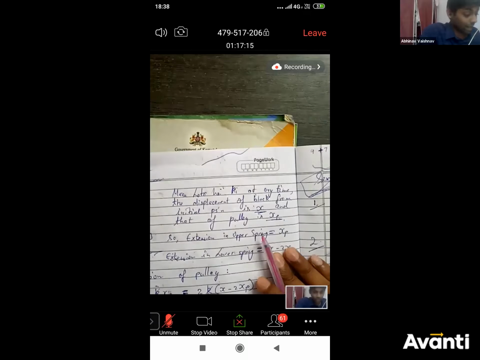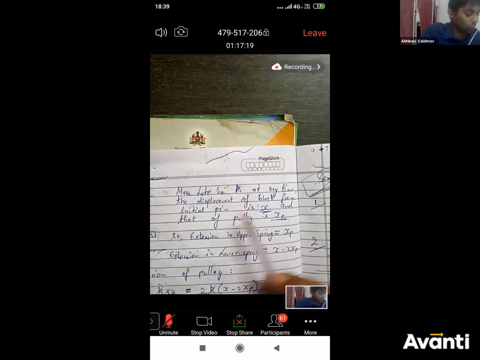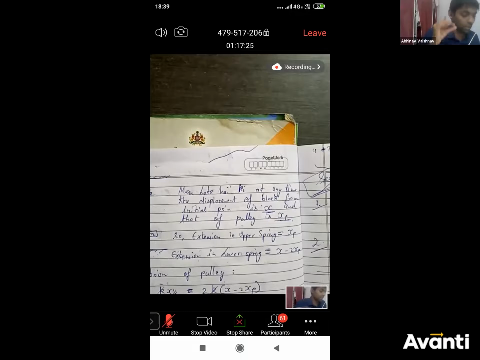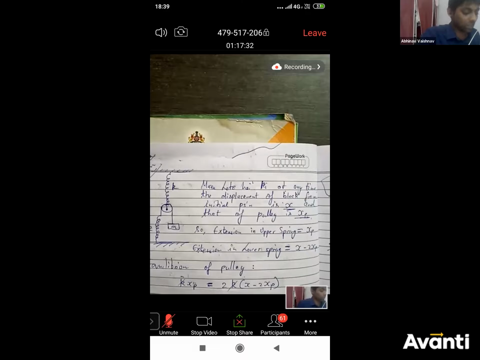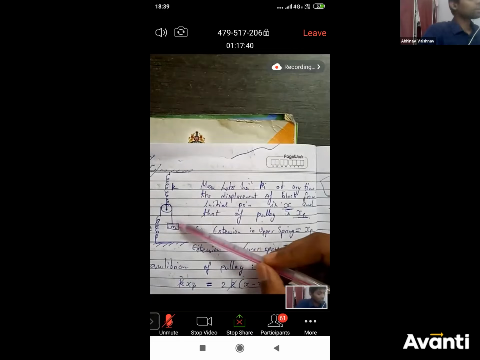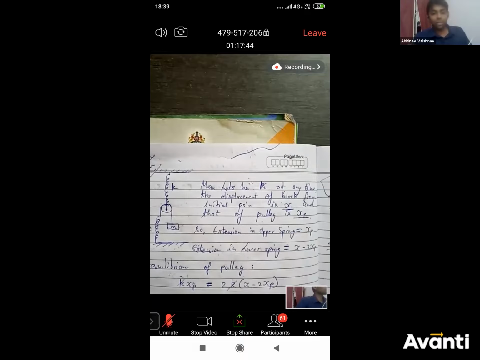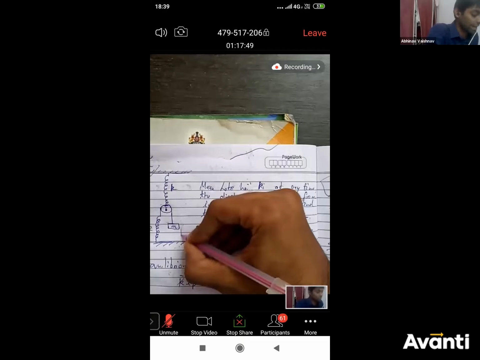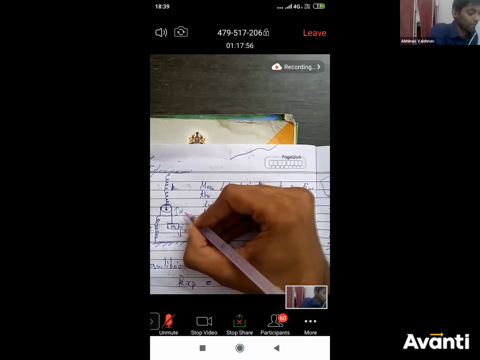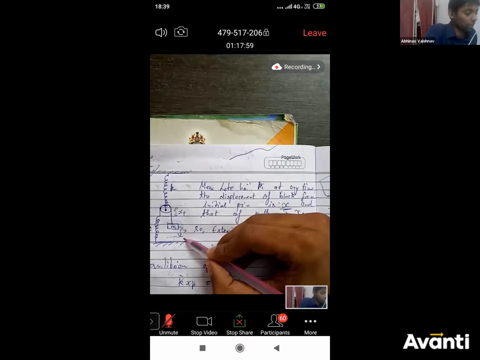Let's assume at any time the displacement of the block from the initial position is x and that of the pulley is xp, right? So at any given time t, the block का displacement है x and the pulley का displacement is xp. All right, so now we have to first find a relation between them, right? कि what will be the relation between x and xp? इसका displacement अगर x है and इसका displacement अगर xp है, so can anyone tell me the relation between x and xp? This goes down by a distance x, let's say it reaches here, and the pulley goes down by a displacement xp in any time.